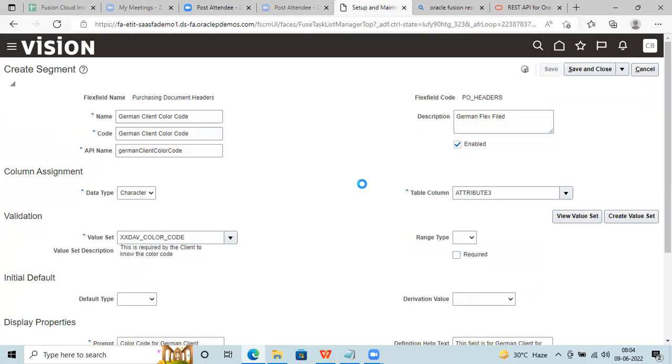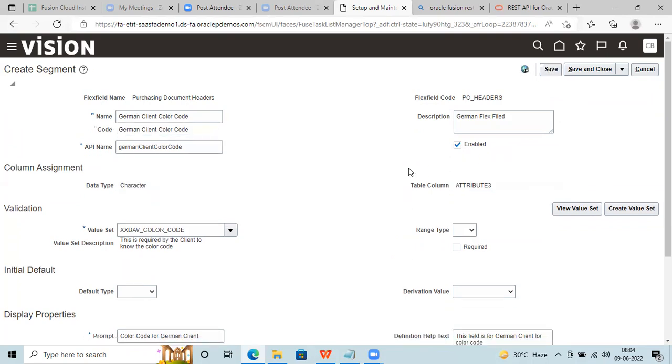Now what will happen on save, just give me a minute. Two things to understand. The code is already taken, right? No one can use this same code. First thing, Attribute 3 is taken. If you see, this is now non-editable. No one can take this. If I come down,